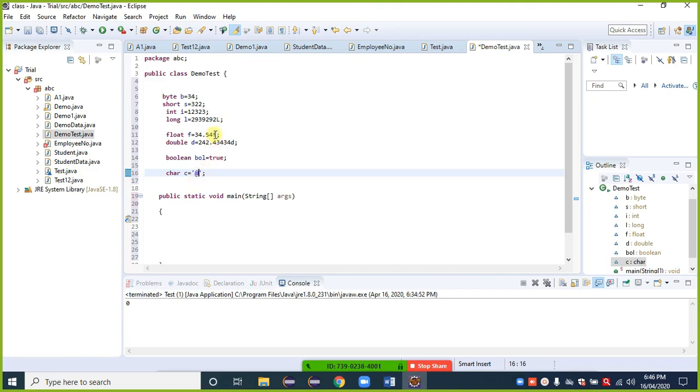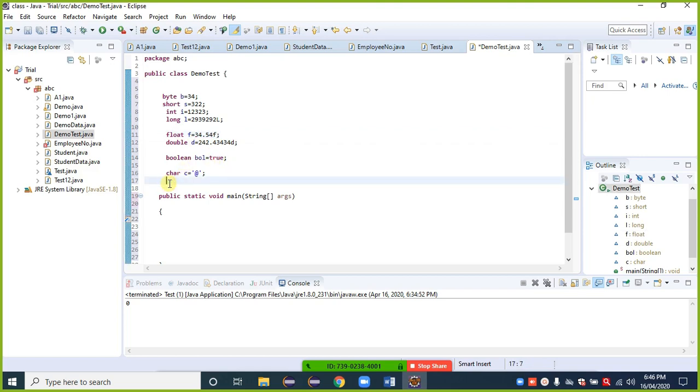What happens if we don't give the small f here? We get an error, type mismatch. It means that Java treats that as a double, so here we need to provide that. And the last one, from the non-primitive family, is the non-primitive String.